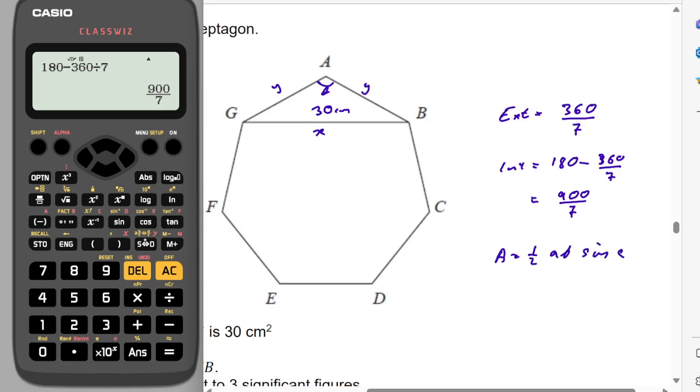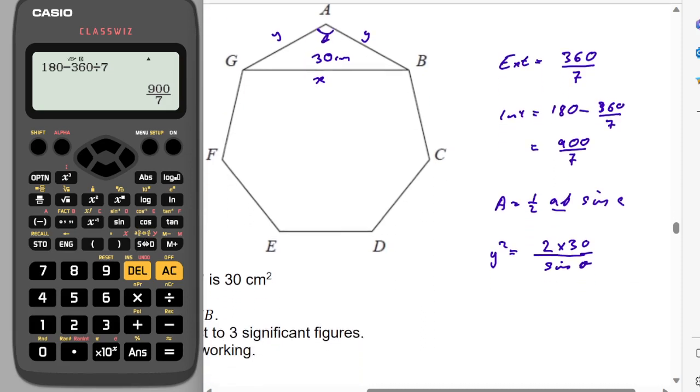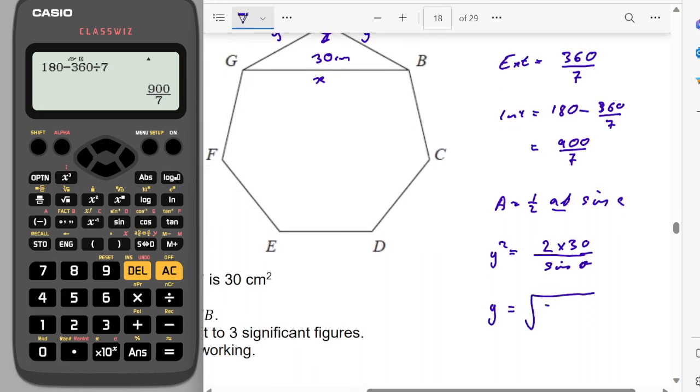So let's just rearrange this a little bit. We want AB. So in this case, y squared is going to be equal to 2 lots of the area, so 2 times 30 divided by the sine of the angle, which we just worked out, but I'm going to write theta there. So y is going to be equal to the square root of that, so y is going to be equal to the square root of